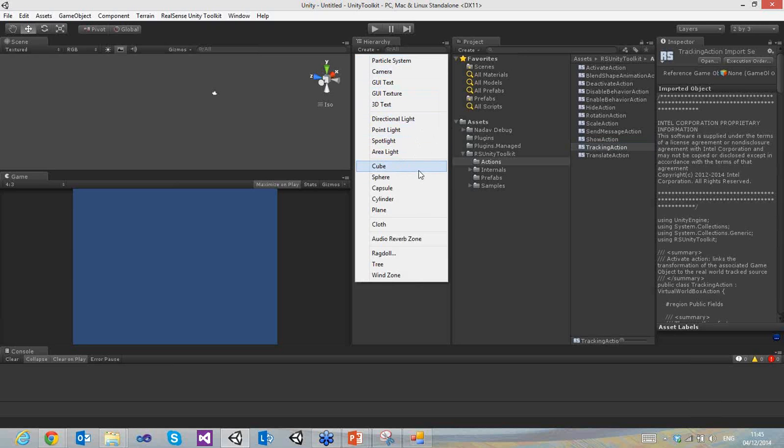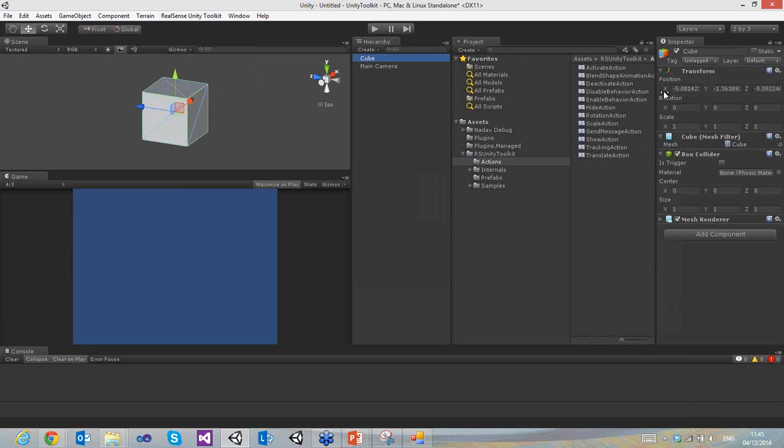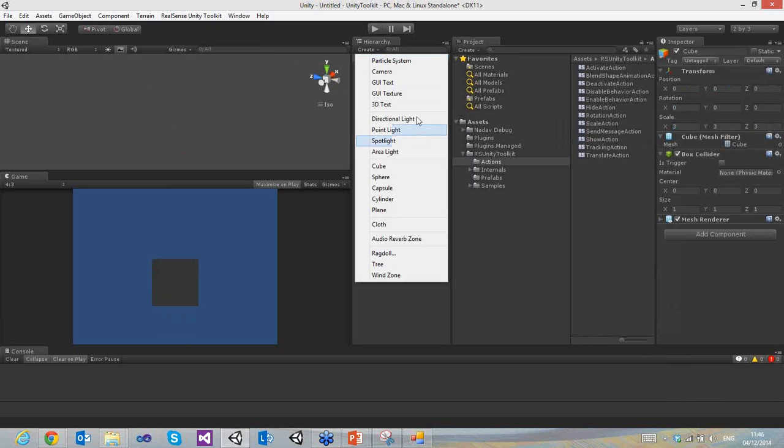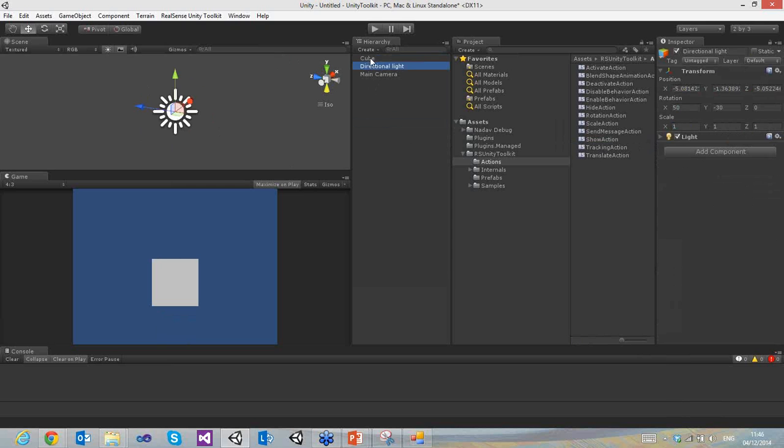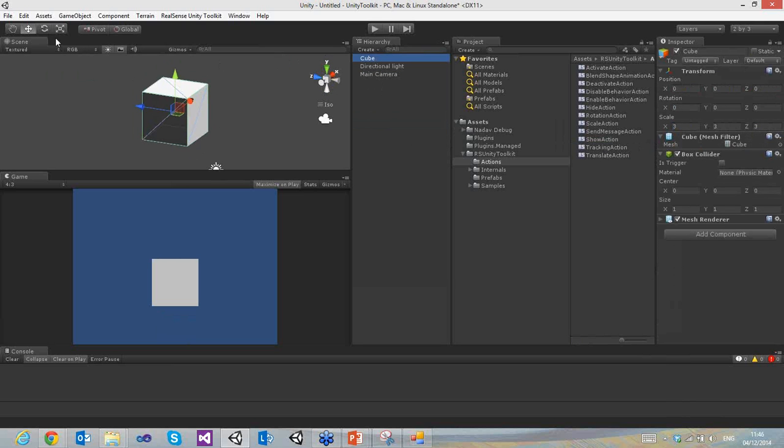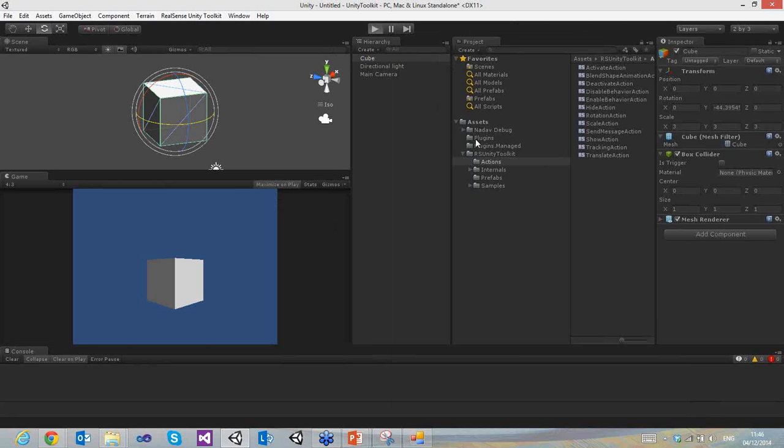Let's create, first of all, a cube. You can see the cube right here. I'm going to move it to the center of the screen, and maybe scale it a little bit so you can see it. There we go. Now, let's have some light in the scene so we can see it, and let's rotate the cube a little bit so we can see that it's a 3D cube. There we go. So far I haven't done anything special, nothing that has to do with the RealSense. Basically, we're talking only about Unity capabilities, and if I press play, I actually have just a cube sitting around